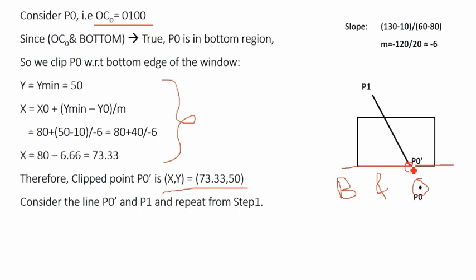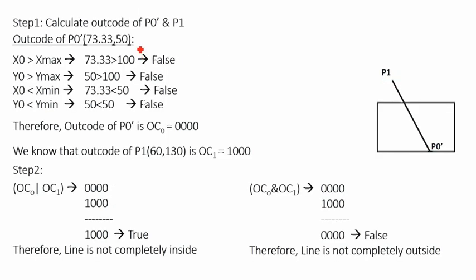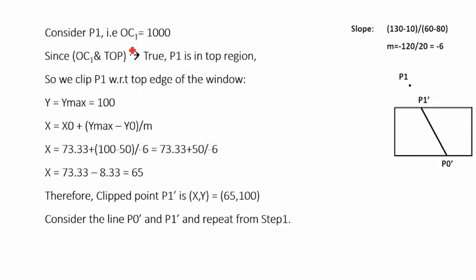So I'll have to calculate the outcode of this. If this is not 0, then I would continue to clip it further until I accept or reject it. Since this outcode is already 0, I would go for the next point. The next point I will take, I have calculated the outcode of this to 0. Then I know the outcode of this already, which is this. I apply OR, and if both fail, I clip it. Now since this was already 0, I have considered P1's outcode, and I'll AND it.